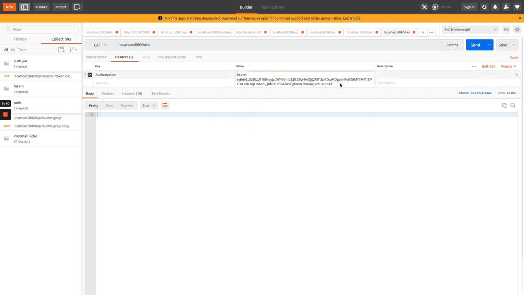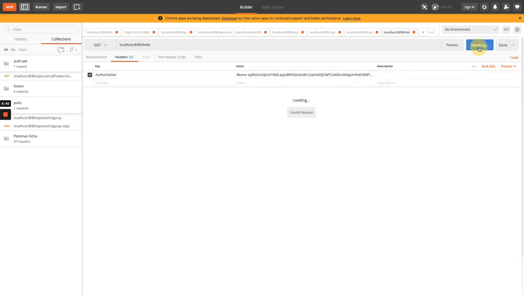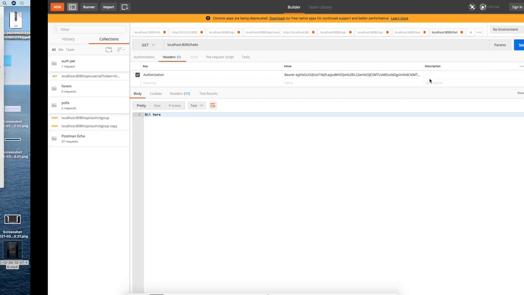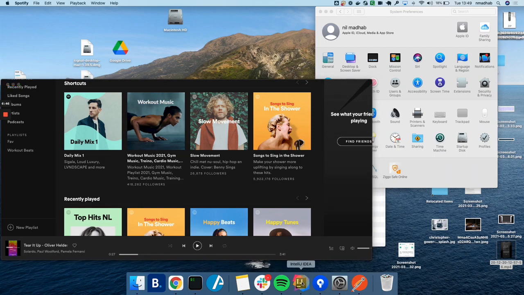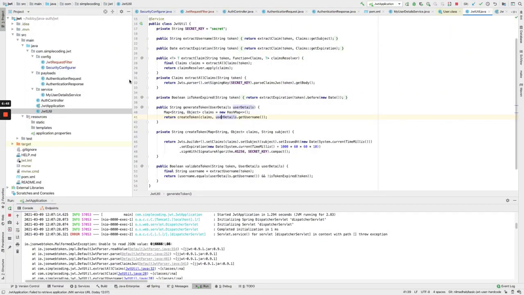So that's the basic implementation of the JWT token.